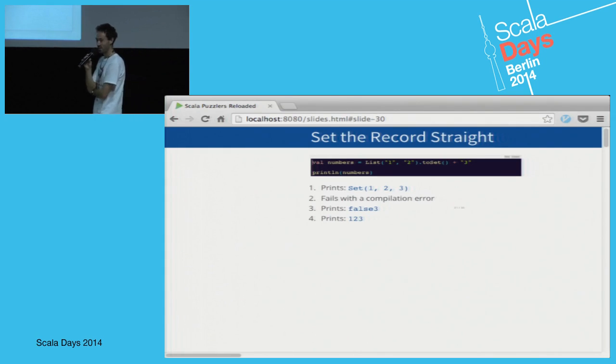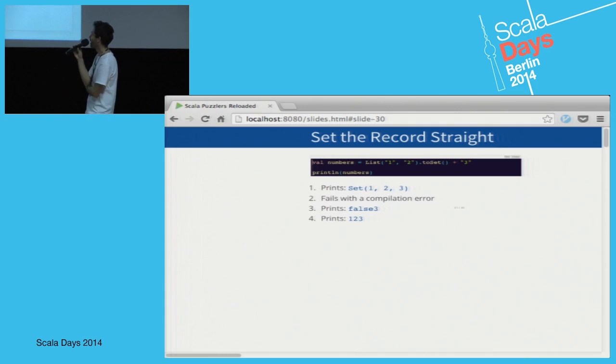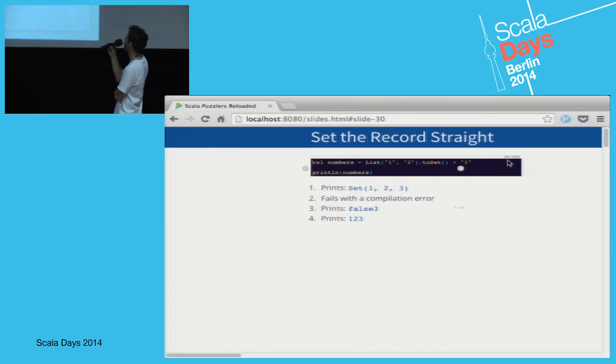Okay, let's have a show of hands. The ones who are in Simon's talk can't vote. Who thinks it's number 1? The obvious one. Excellent, somebody's brave enough. Who thinks it's number 2? Good. Who thinks it's number 3? Who thinks it's number 4? The wisdom of crowds wins out again. So now, Nermin, let's take us through the explanation of why it does indeed